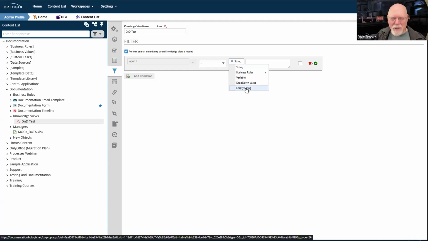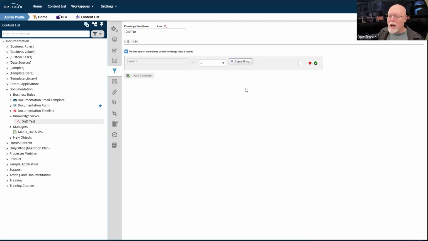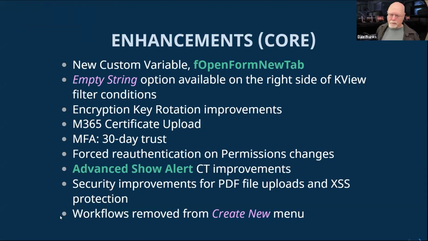You would think that an empty string would be null, but it's not. Null means nothing. The empty string is actually a string. It just doesn't have any text in it. It's very confusing, and I'm not sure why you would do it that way, but it was done that way. And so now we have added empty string as one of the options that you can select on the right-hand side of a knowledge view filter.